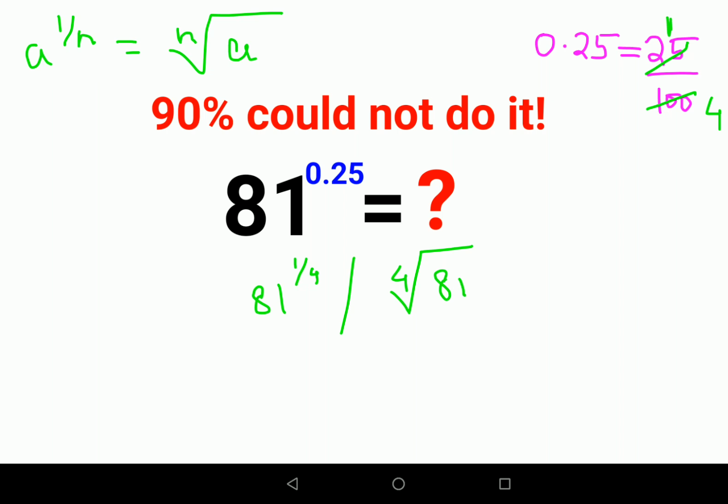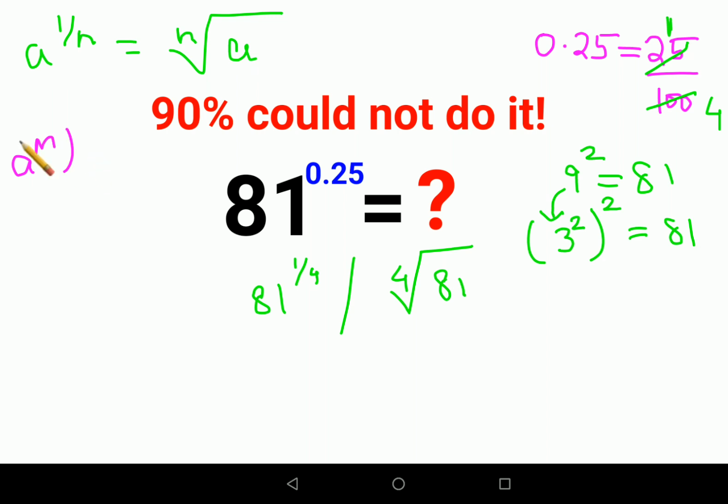Now listen, we have 9 squared as 81 and 3 squared as 9, and still it is 9 squared that was given, right? So this we have to put under a whole square. This also gets you 81. Now 3 squared, the whole squared. Very important, you need to remember a raised to m, the whole raised to n, can be written as a raised to m into n. So this can be written as 3 raised to 4, which equals 81.